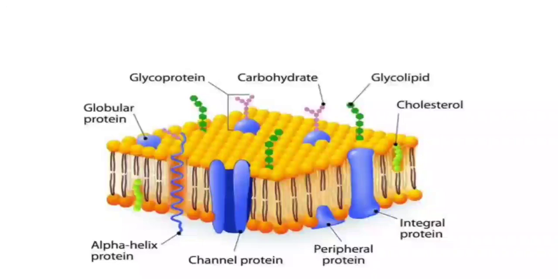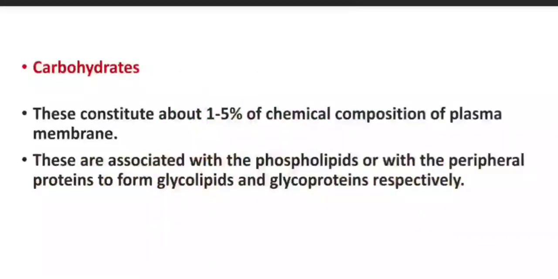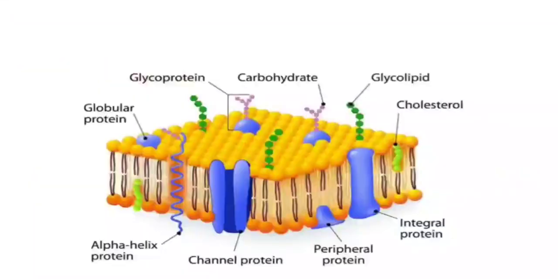Now here in this diagram you can see glycolipids. What are glycolipids? If the lipid is linked to the oligosaccharide part, it is known as glycolipid. Here you can see a yellow color round ball which is representing a phospholipid, और उसके ऊपर ये glyco component जुड़ा हुआ है, oligosaccharides जुड़े हुए हैं, तो इसको कहा गया glycolipids. और अगर ये सिर्फ इन्हीं की बात करें तो these are mainly the carbohydrate parts.